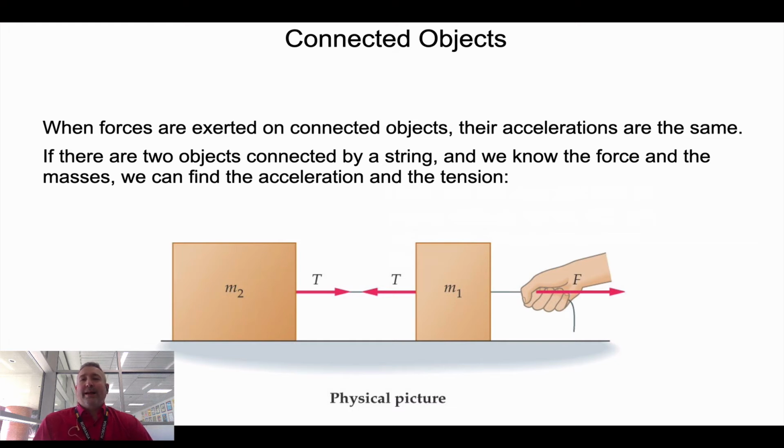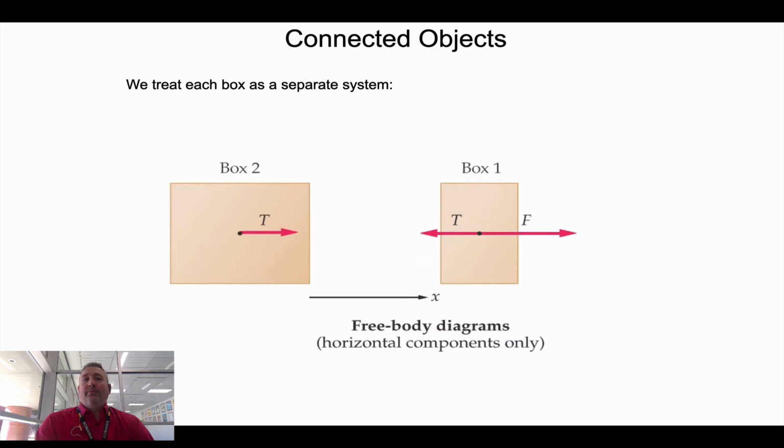So depending on the masses of the objects and different situations, we have to use individual objects to figure out the force that they're each being supplied with, but then we use them all as a system to get the overall acceleration and make predictions. So we treat them as separate systems. So if we look at the free